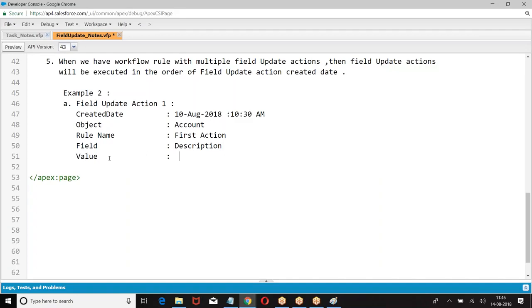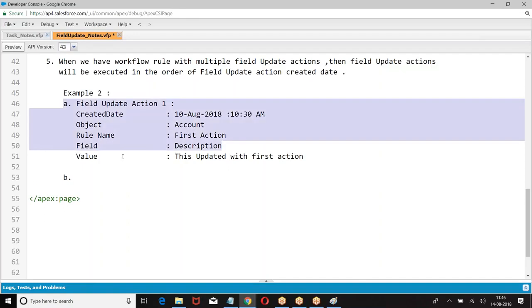What is the value? This is updated with the first action. Same story I am repeating.